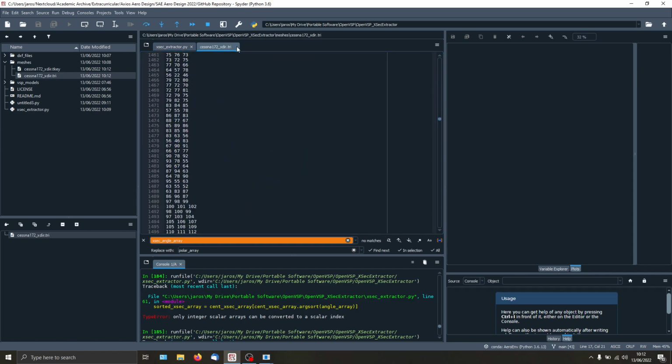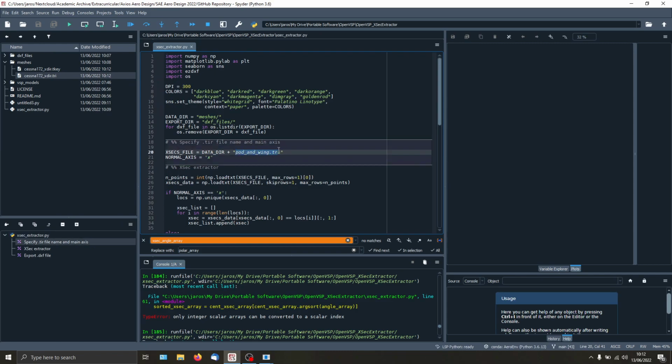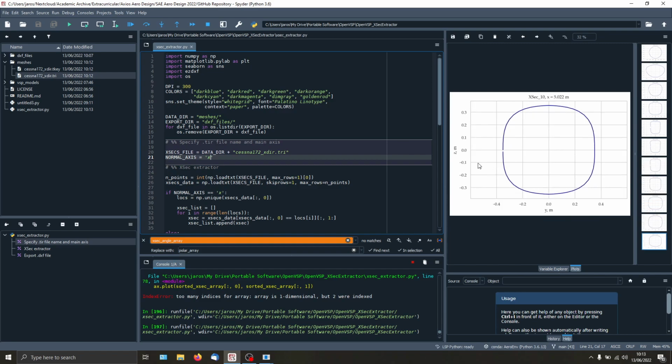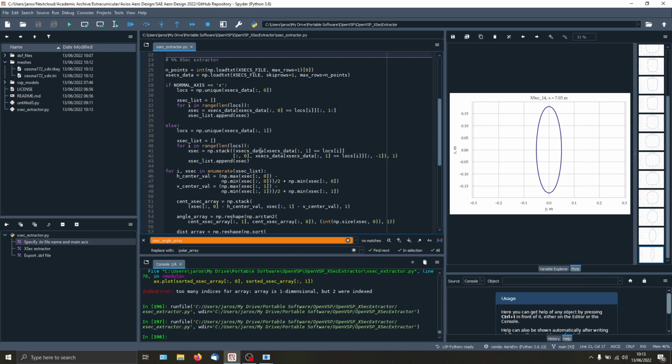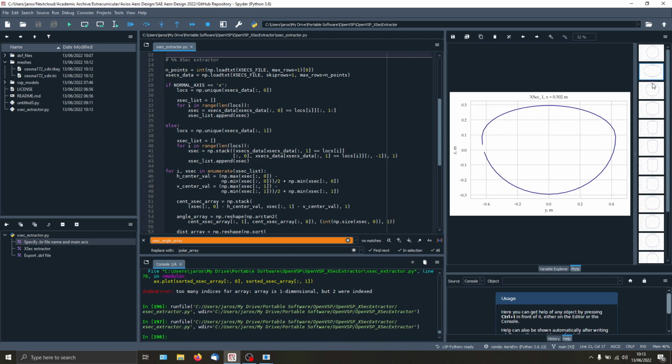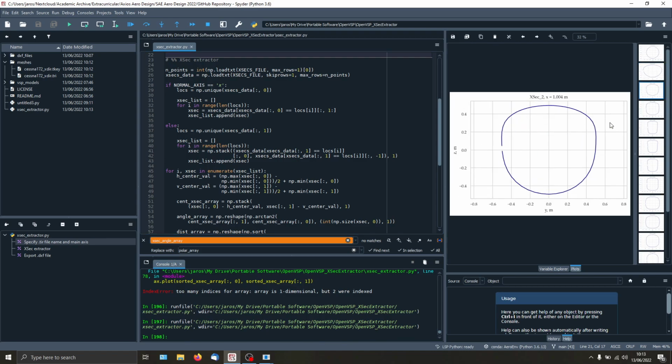These are the connections. Anyhow, you would go to the script and give the file name here. So it's 172 X direction, and name the normal axis. In this case, it's the X axis, and simply execute it. Now the script will take the points and order them using their polar coordinates, also the angle they have with respect to the origin, as well as the distance as a second sorting criterion. And then it will order them so that you get these cross sections properly, like the outline,